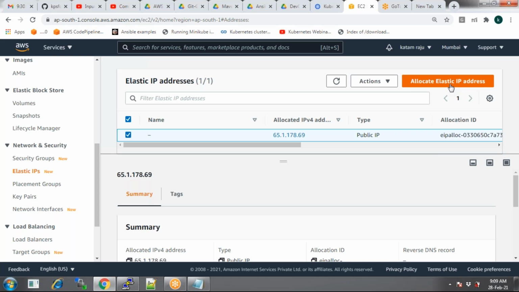But what if I want more than that? Then contact the AWS admin team. You raise a ticket and they keep allocating your IPs. But by default, it is 5. Are these 5 for free? Every elastic IP is paid. It's not for free. But by default, they provide you 5. Okay. And if you want to deassociate it, select the IP and then